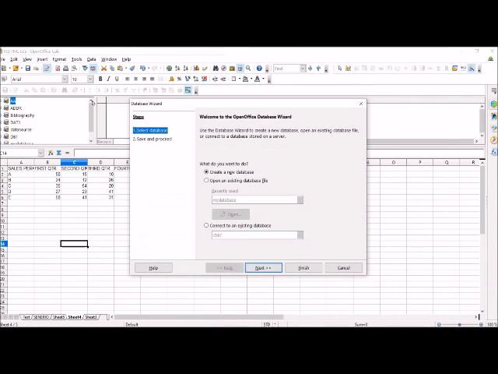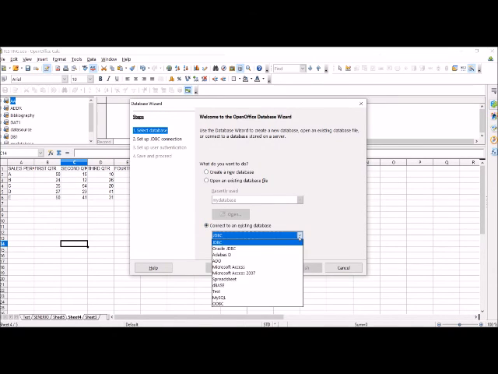When I click on new database, all these options will be displayed: create a new database, open an existing database or connect to an existing database. So suppose here I connect to an existing database. If I want to create, I can select this option. If I want to connect to an existing database, then I click here.